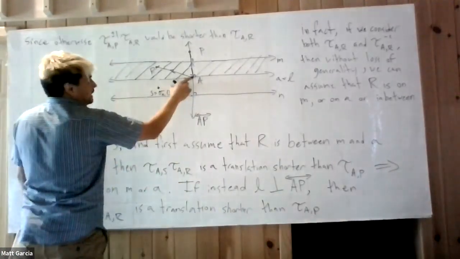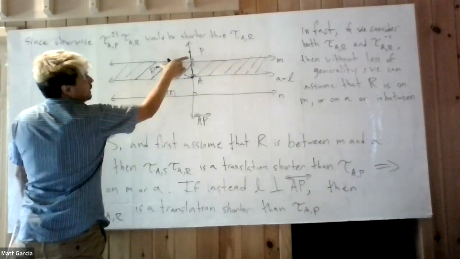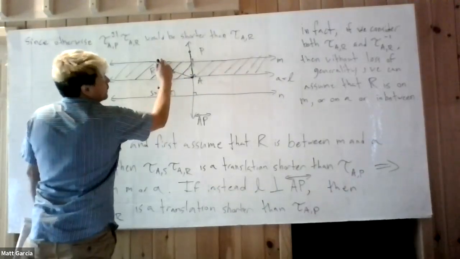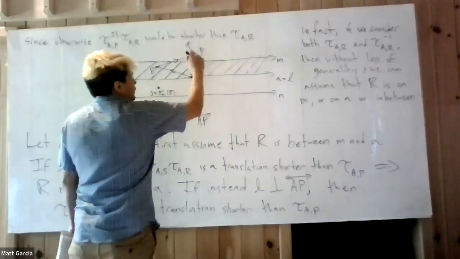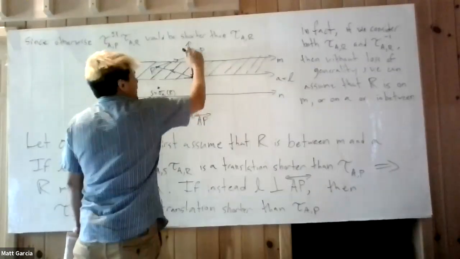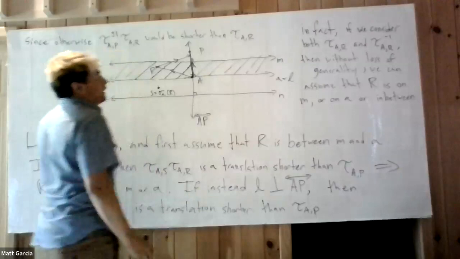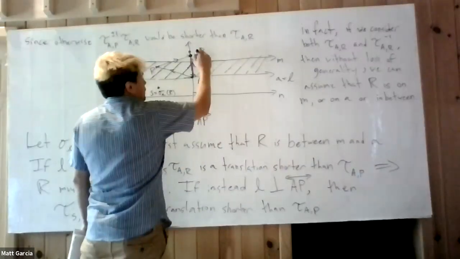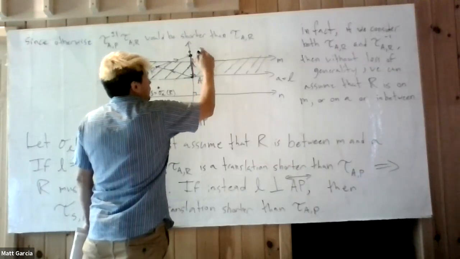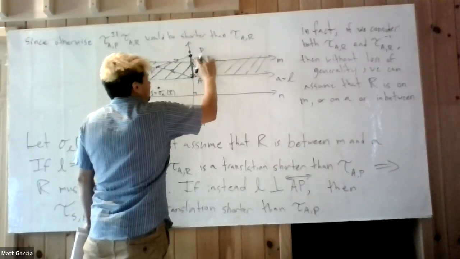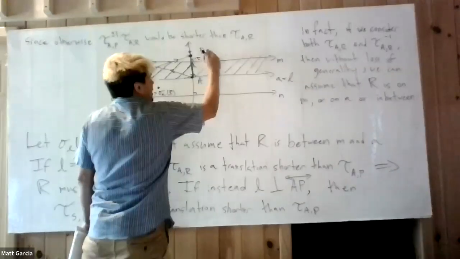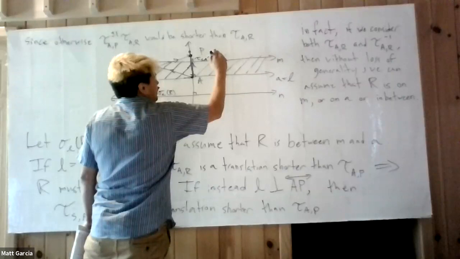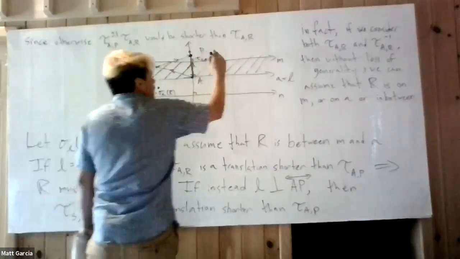I add this vector here. And then the composite is again this vector. Okay, so this is not sigma, sorry. Tau sub S comma A times tau sub A comma R